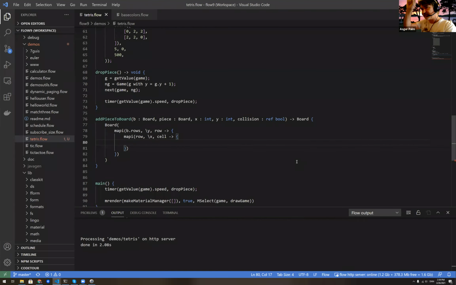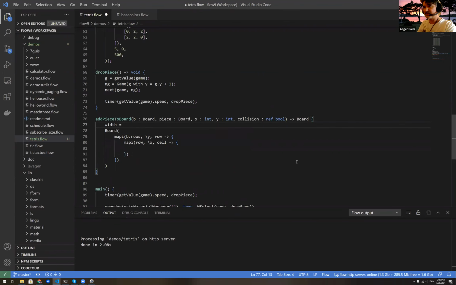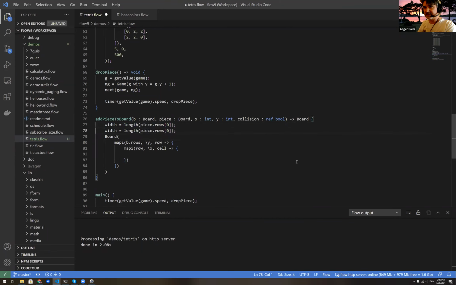So now we are moving across. We have the positions of the board, and we've got to check if the piece is here. So we need to know how wide the piece is. Width of the piece, what's that? That's piece rows 0. That's the first row, and then the length of this, assuming it's well formed in some sense. And height is just the length of the rows, right? So now we know where it is, and then we've got to see if x. Okay, we have a name collision. So let's call this like this. So x,